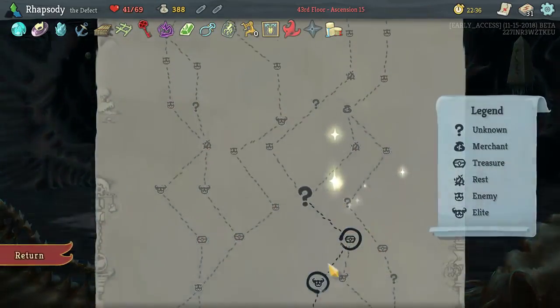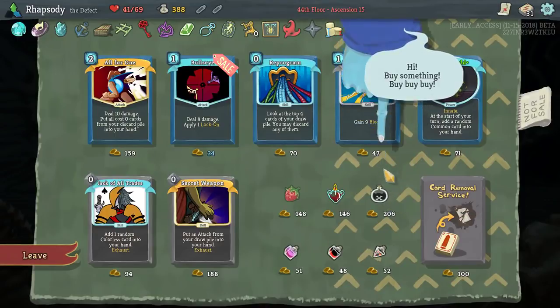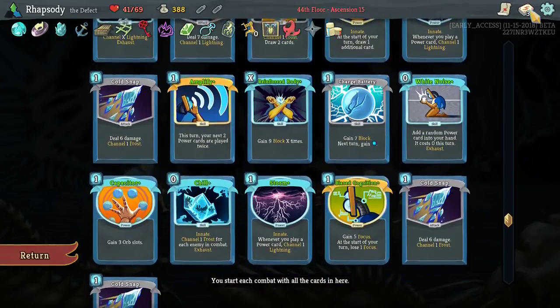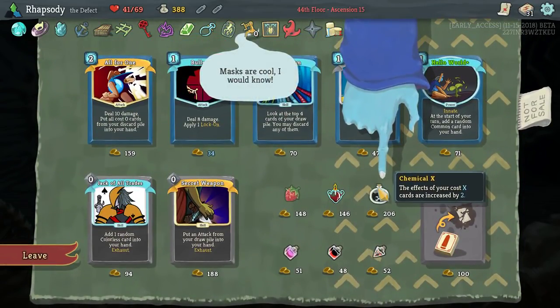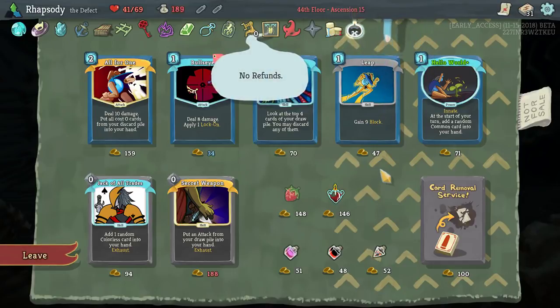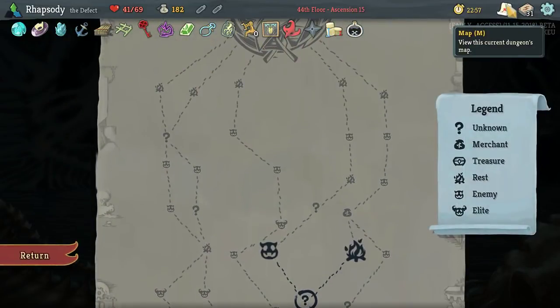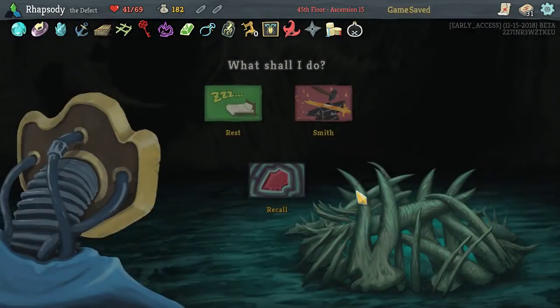Can't open it. Chemical X. Right, do I have a disease in the deck? Disease? They're called curses. But I do, but I don't have one that I can remove. Chemical X, the effects of your X-cost cards are increased by 2, is really good, and it re-incentivizes picking up other... hang on. Yeah, I'm going to duck off and have another shop later. It re-incentivizes picking up...